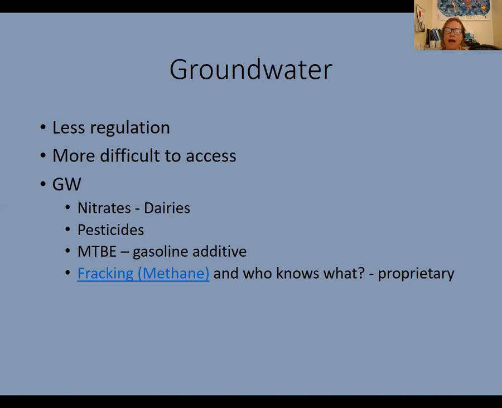These would be things like nitrates that are getting into the water, especially around dairies or confined animal feeding operations where we have lots of animals pooping and peeing in a confined area. They might have big waste ponds of all the animal waste sitting out, trying to prevent it from getting into the surface water, while those contaminants might be leaching down into the groundwater. Pesticides that are being widely spread across the landscape can leach into groundwater. MTBE is a gasoline additive, especially around gas stations. We see a lot of this leaching into groundwater, and this has health concerns. And then